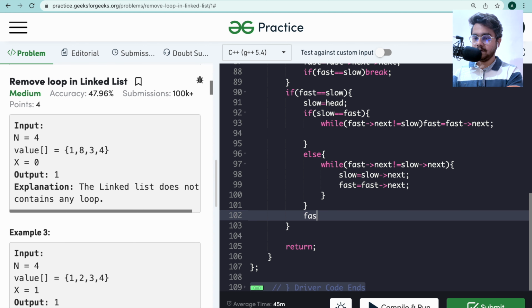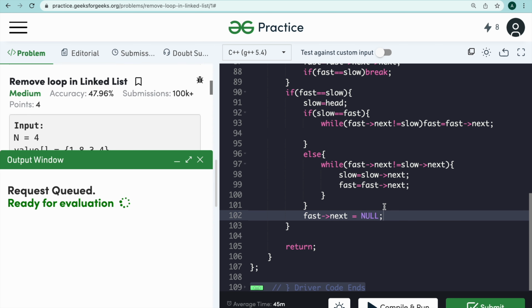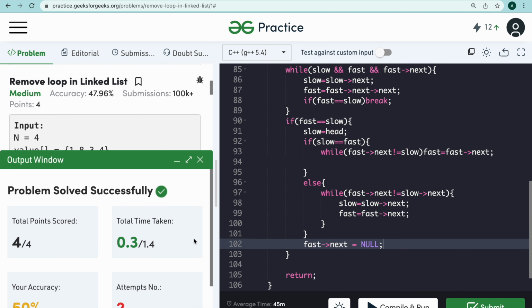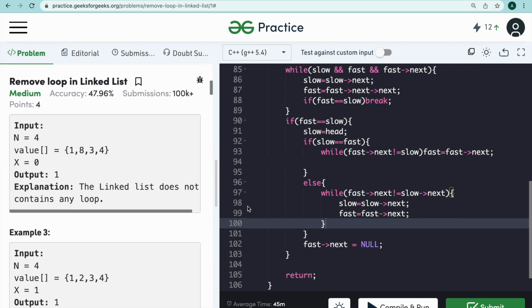Then at the end, fast next will simply point to the null pointer. Okay, so we have got the correct output in this case.